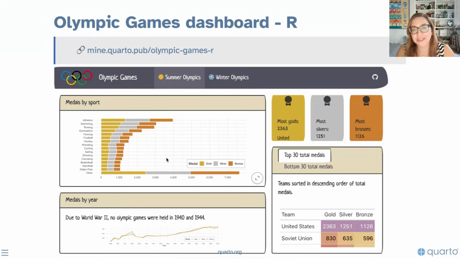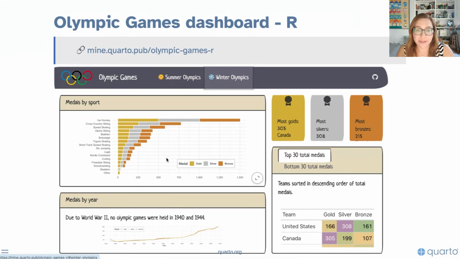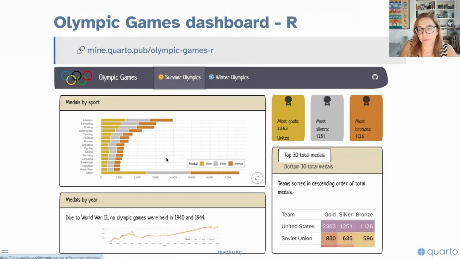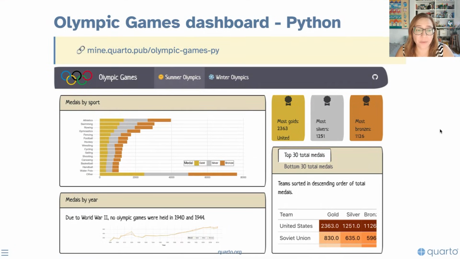I've purposefully chosen a theme that's a little bit fun, and that is clearly not a default theme, so that it's obvious when you first look at it that we're going to play around with theming as well. This particular dashboard was created with R, and this particular dashboard is created with Python. So we can see that between these two, we're looking at very, very similar content. In fact, it is exactly the same data being summarized in a very similar manner using similar packages.